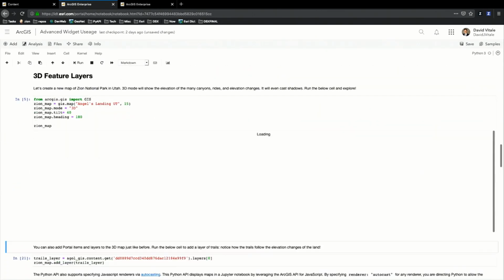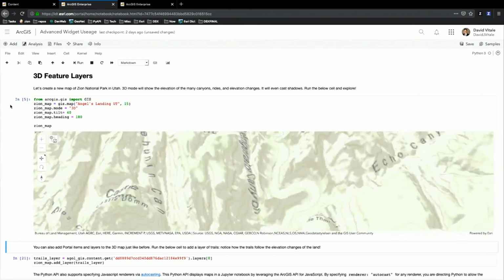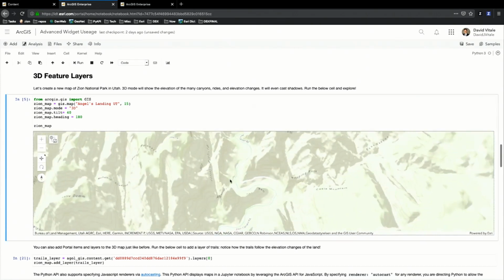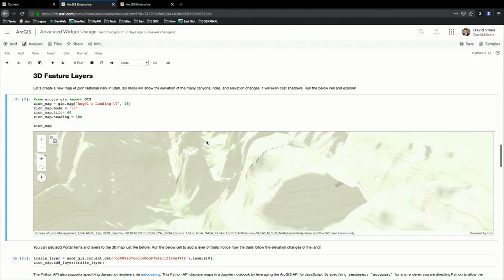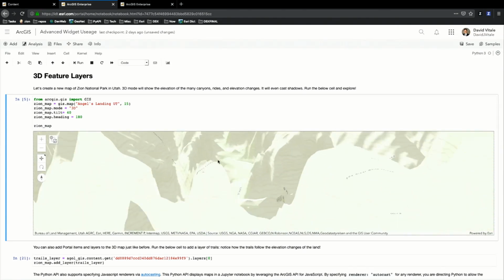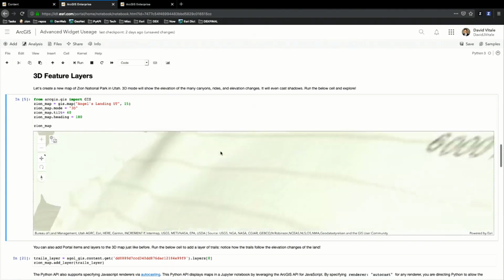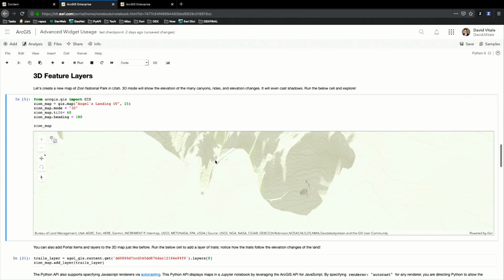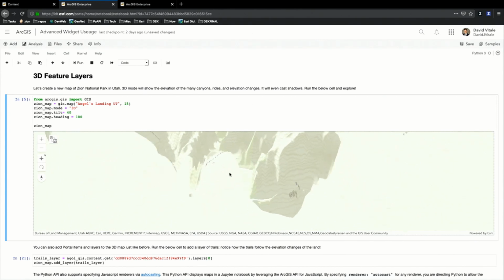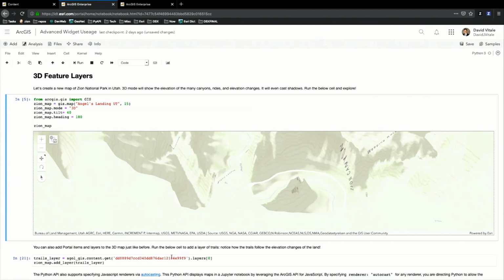So back to 3D, I'm going to show you one of my favorite places in the world, which is Zion National Park. I find this really cool that you can have this level of elevation. So this is a hike up in Zion called Angel's Landing. If my mother asks, I haven't done it because it's a very, very tall hike that seems dangerous, but it's not. But what's cool is I can pan and zoom and sort of gain access to all these canyons, and